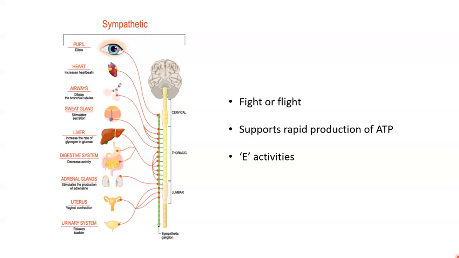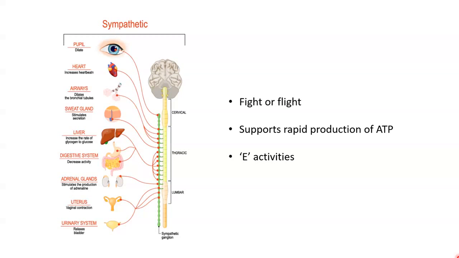And so, for example, if you're exercising or if you see or are involved in an emergency, perhaps you're in a car accident, your body starts to prepare you for fight or flight. So your pupils will start to dilate. This allows more light into your eyes and a wider line of vision. Your heart rate will increase so that you can transport oxygen and nutrients to the working muscles nice and quickly.